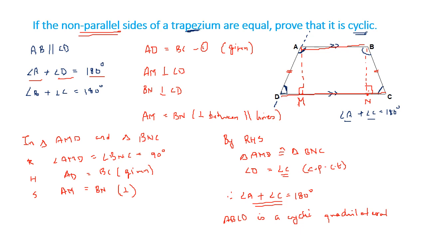So what I had to bring here, I had to go back to the triangles chapter, congruency of triangles, draw the perpendiculars and show that the two triangles are congruent, and because the triangles are congruent, their corresponding parts are equal, and because they are equal, I could prove that it is a cyclic quadrilateral. You can see here the maths is mixing one chapter with the other, so all the chapters should be clear in your mind. Only then you can use all the tools properly.